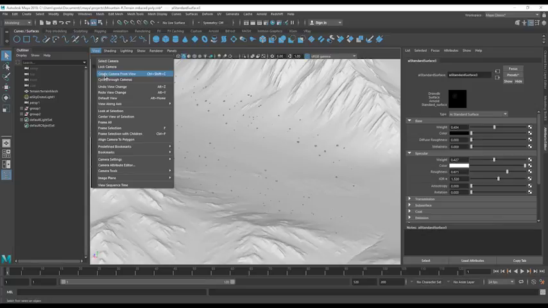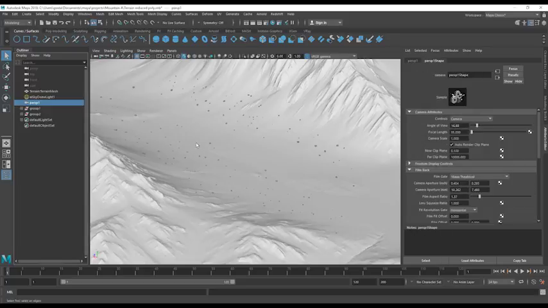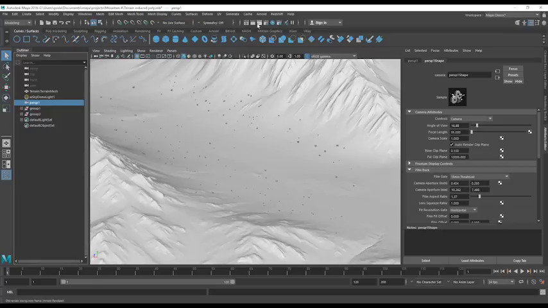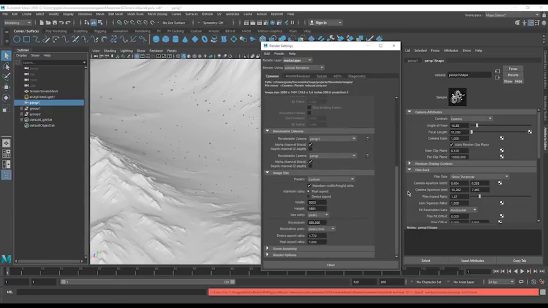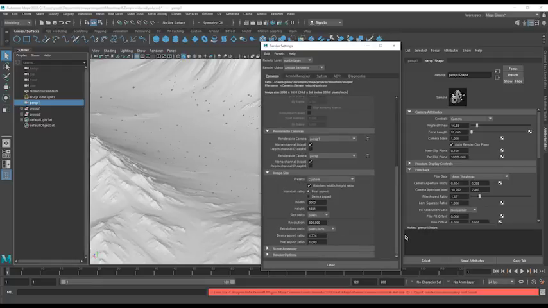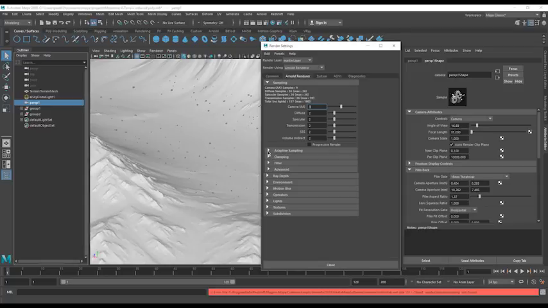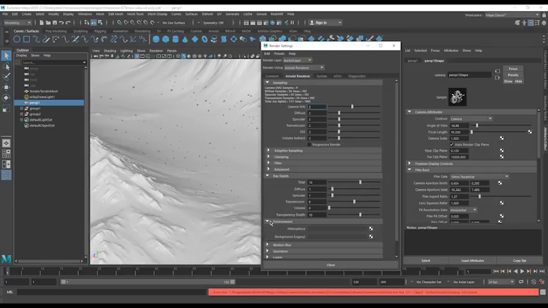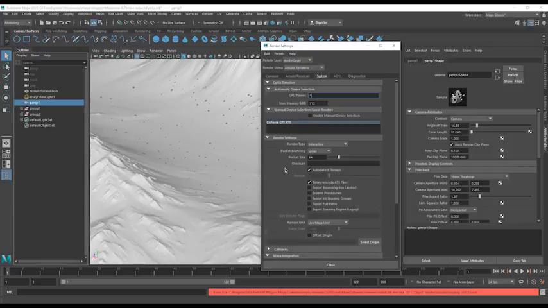Now you should try to change the view over the scene and create the camera from view. Now use a field guide using 16 millimeters theatrical to get a good cinematic view. Now in the render settings we use EXR to keep a good resolution of the final render, and ray depth we use a total of 10, and